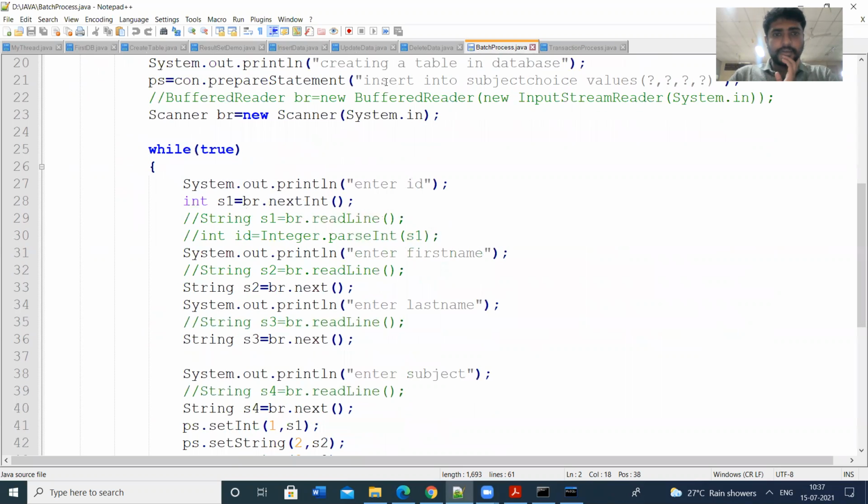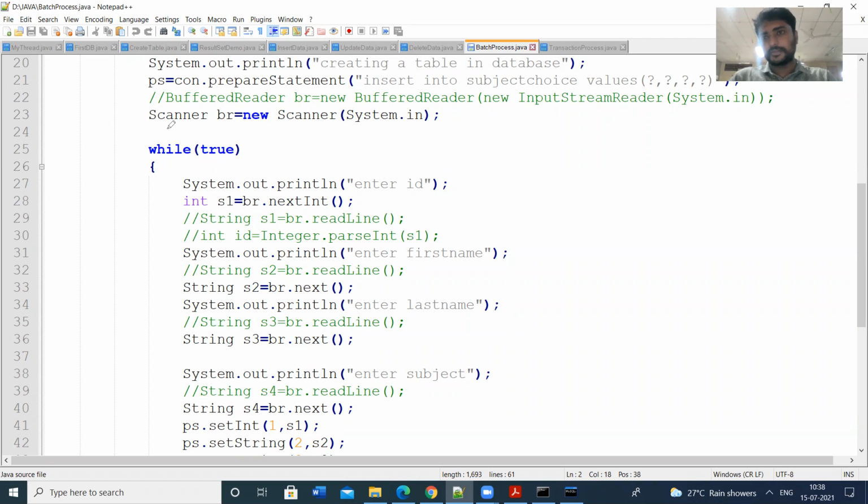So check here. I am going to insert the values through the keyboard. That means we can use the Scanner class, BufferedReader class, or InputStreamReader. We have many ways to read content from the keyboard. Generally we use the Scanner, though it is not the most effective way.